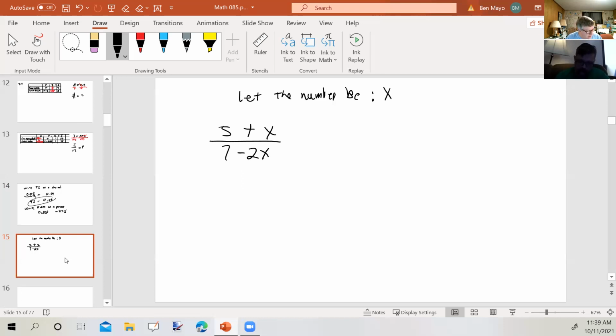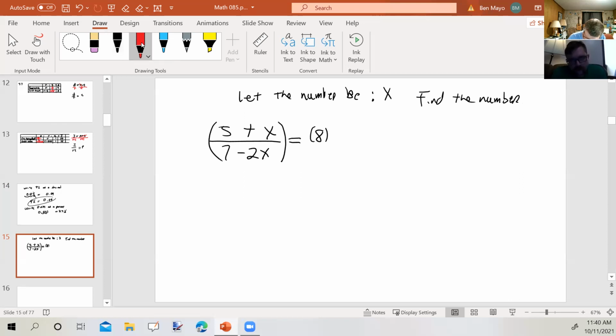Again, let me read through that. If a number is added to the numerator of 5/7 and twice as much is subtracted from the denominator, the result is 8. Find the number. Okay? So now we have a rational equation. We have an algebraic equation that contains at least one fraction. I'm going to clear the denominators by multiplying both sides of this equation by the least common denominator, which is